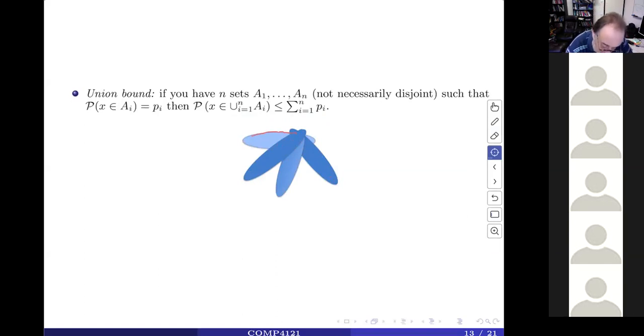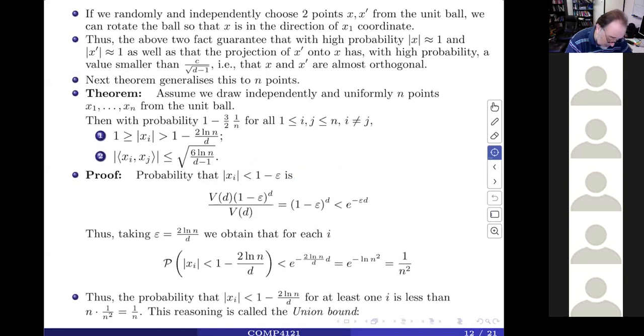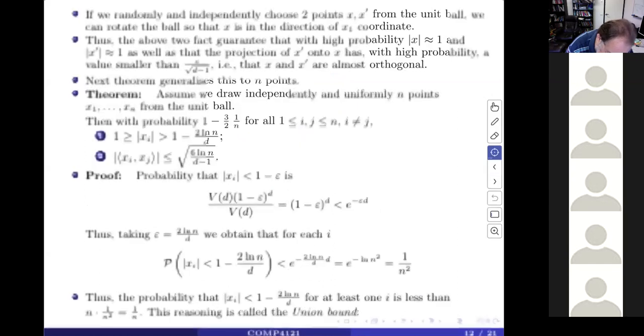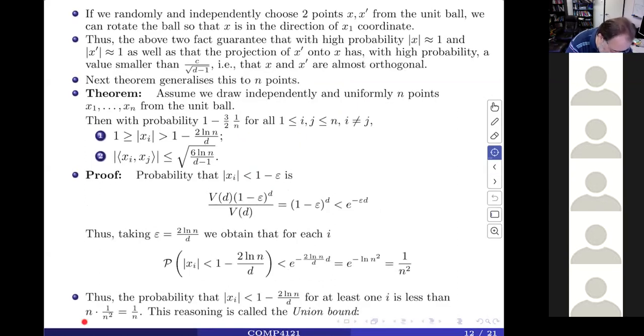of the union. So if you have this probability smaller than 1 over n squared, the probability that this is true for at least one of them, so that it belongs to the union, is smaller than n times 1 over n squared, right? Which is equal to 1 over n. And so we have that the total probability is smaller than, let me show you here, the total probability is n times 1 over n squared, which is equal to 1 over n. And the other inequality is proved in a similar way,